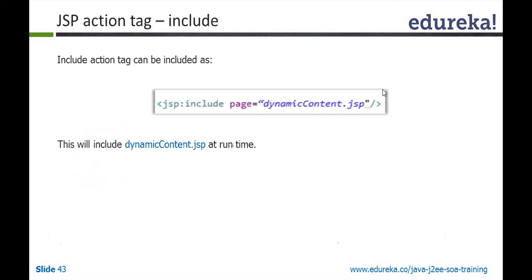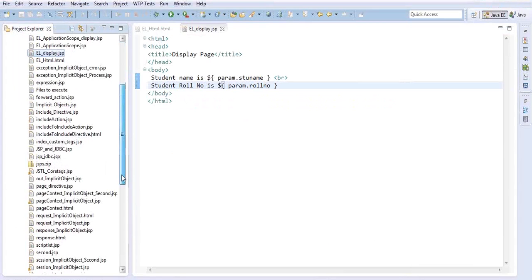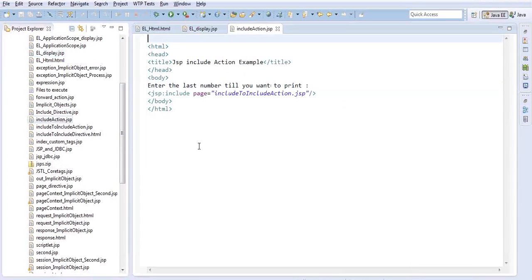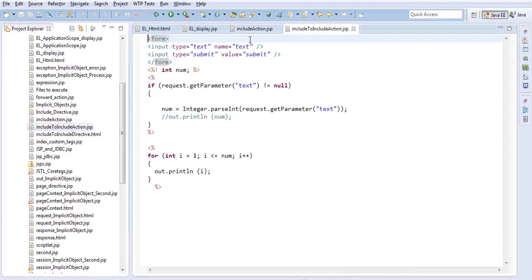Okay, include. It is the same thing as request dispatcher, but a slight difference is there, right? So include action tag can be included like this. I'll show you. Include action. Now if you look at this,